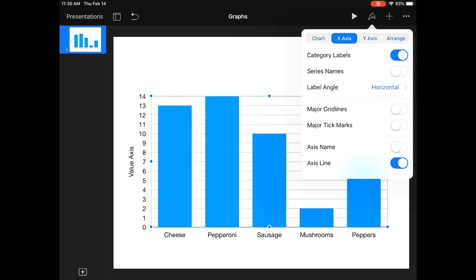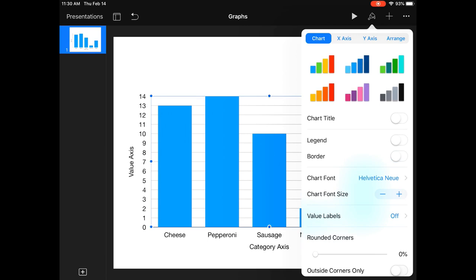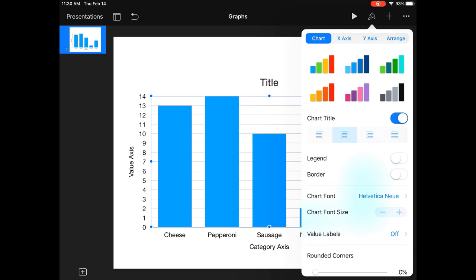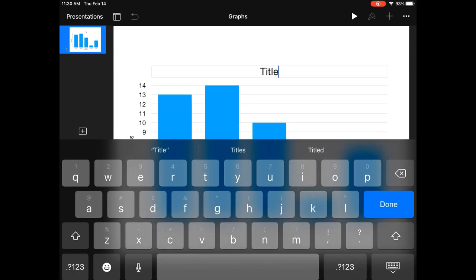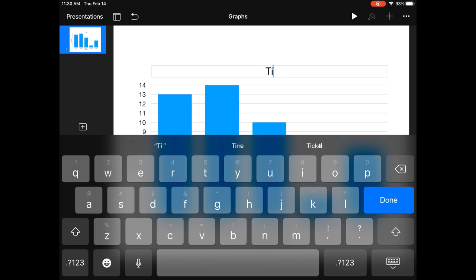I need to go to my x-axis because I want an axis name there. And then as my chart as a whole, I want a chart title. And then we'll hit off of this. I double click on my title. I will title this